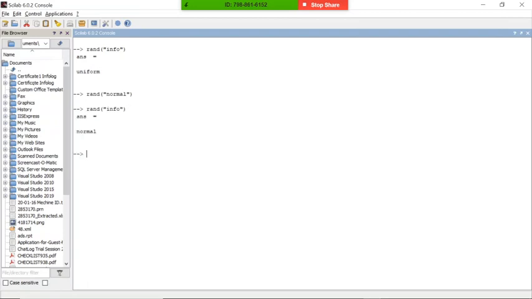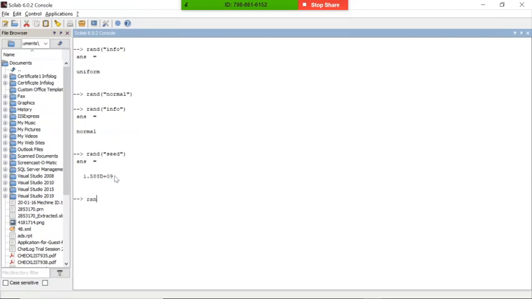We'll check what the information is. Normal means the next value would be random only, might be it decreases or it increases. We were discussing the seed value, right? So we'll check the current seed value. You can see there is some seed value. Using this value, the Scilab algorithm will generate a random number.